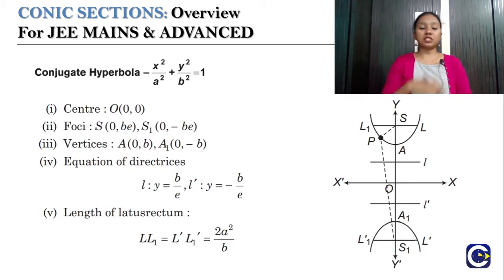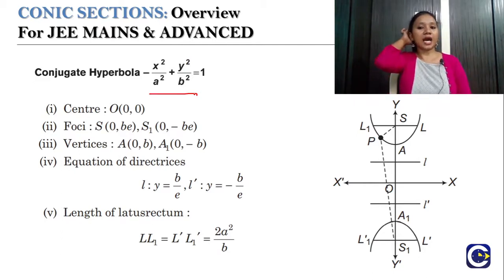So that is my first standard form of hyperbola, which is given by x square by a square minus y square by b square is equal to 1. Coming to my next hyperbola, which is called the conjugate hyperbola. Initially it was along our horizontal axis, but now my hyperbola is along my vertical axis, and this particular hyperbola is called the conjugate hyperbola, which has the equation minus x square by a square plus y square by b square is equal to 1.